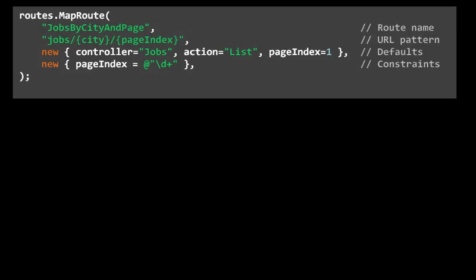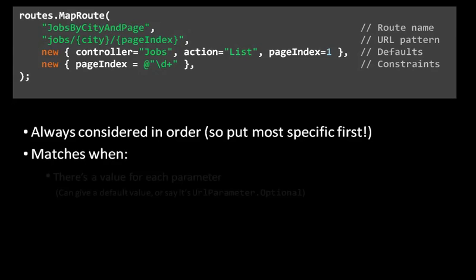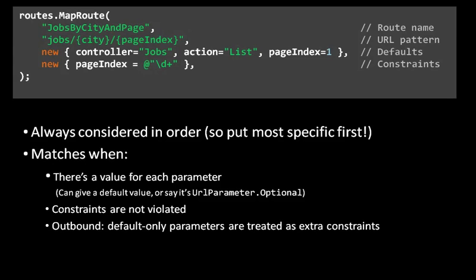Now, as I mentioned, for both incoming and outgoing routing, the matching algorithm is to start at the top of the list and work down the list to find the first match. It doesn't try to find the most specific match or anything like that. It stops when it hits the first acceptable match. Now, a given route entry is considered to be an acceptable match under the following conditions. Firstly, every parameter has to have a value, either a value from the incoming URL or in your outgoing parameters, or a default value, but it has to have one of those, otherwise the route entry won't match.